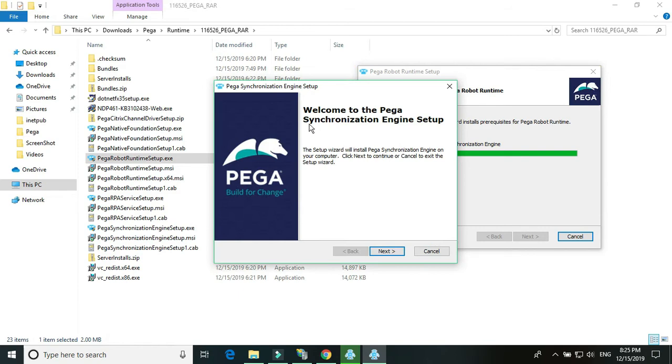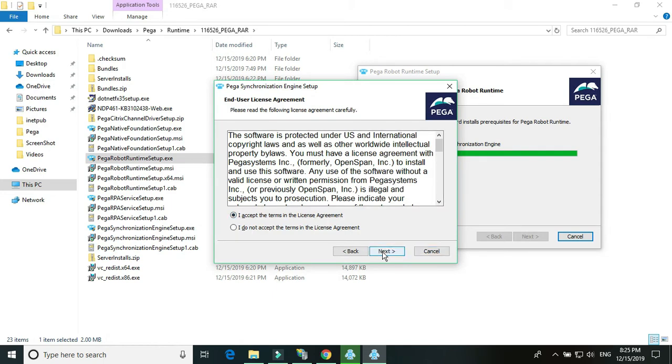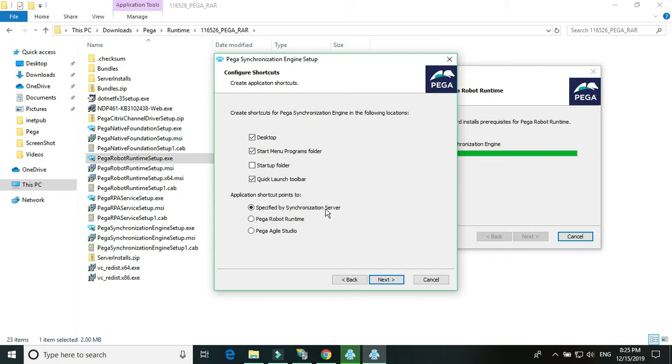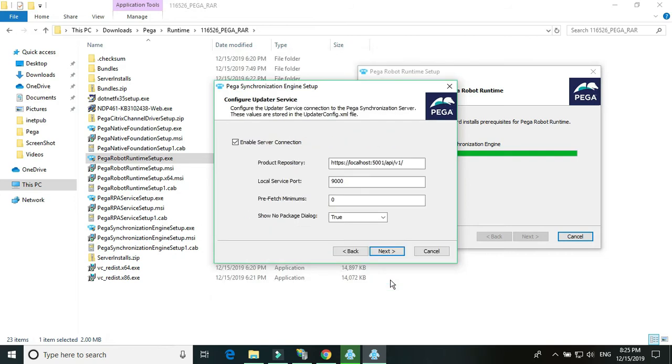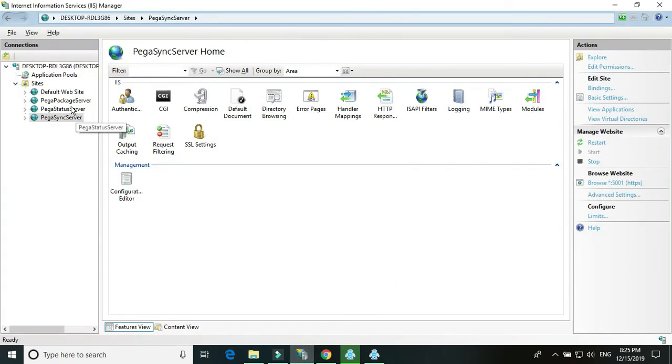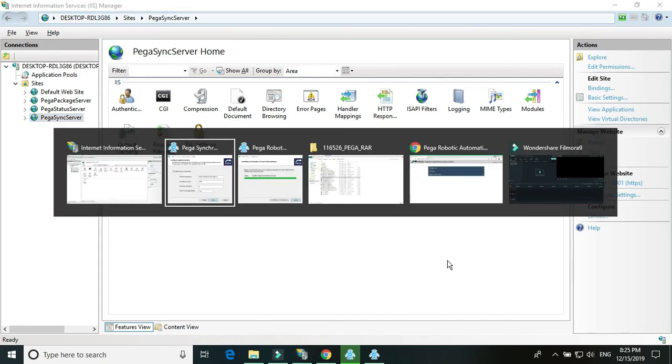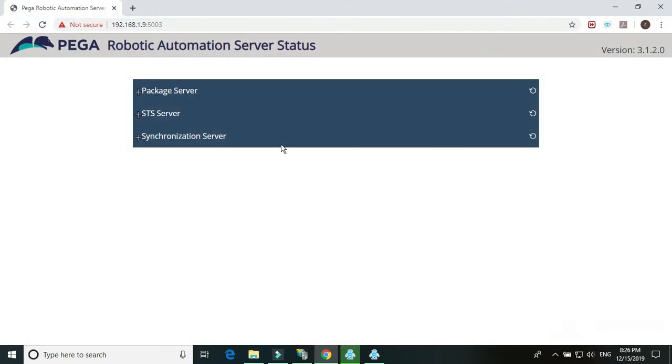Now it has launched the synchronization engine, basically. So click on I agree, next, next. And if you want to create the shortcut, you can choose it appropriately, click on next. And then here we need to pass on the synchronization server URL. If you remember, in the last tutorial we set up the synchronization server on this machine on port 5001, and the URL that we can also check, the synchronization server URL, is here,